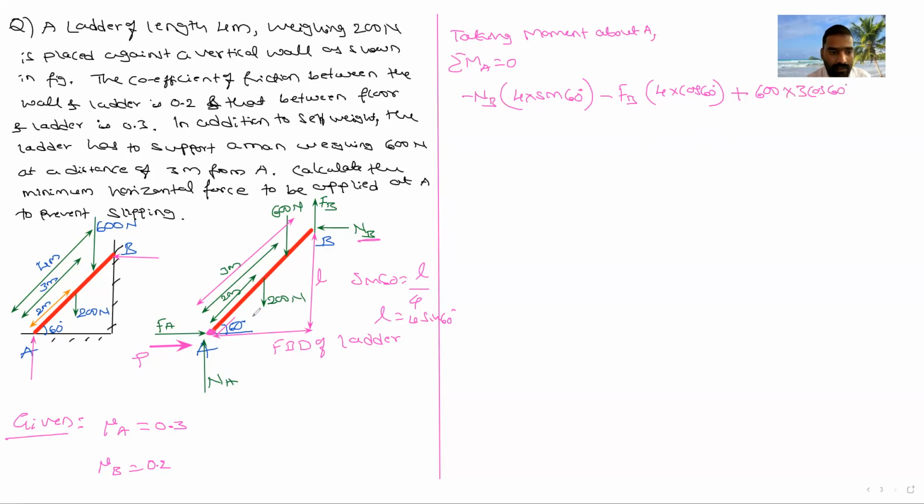Then the weight of the ladder is acting at the center. Is it producing clockwise or anti-clockwise rotation? Clockwise, so it is plus. The weight is 200, acting at the center of the ladder. The center is at 2 meter, which is the inclined length, but I want the horizontal length, that is 2 cos 60. So this is equal to 0. Everybody, is this equation understood? Yes, sir. Okay. So when you solve this,